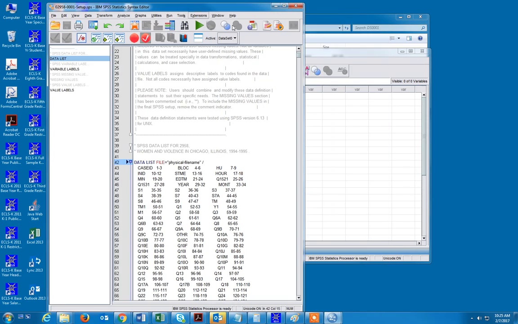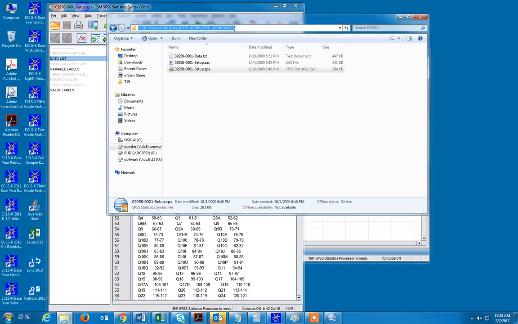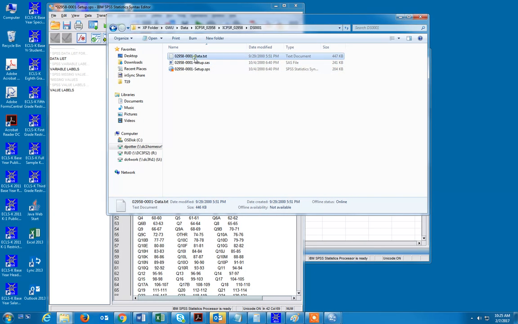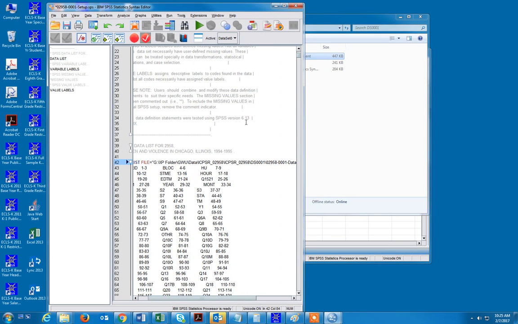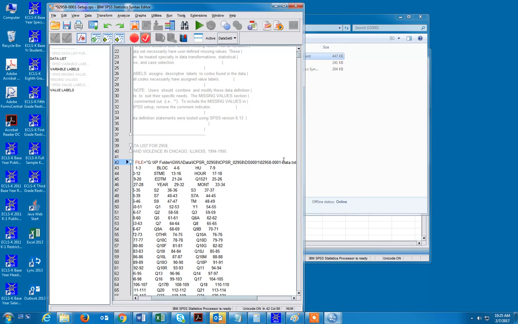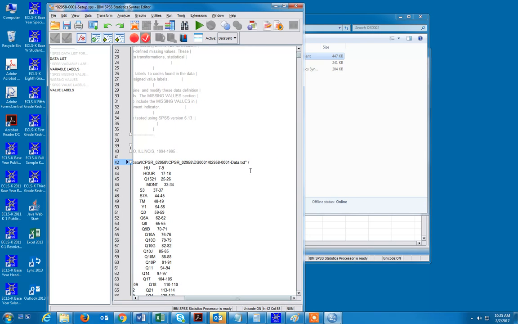Going back over to my folder, I'm going to left click and then right click to copy the pathway, and then between the two double quotation marks I'm going to replace the physical file name and insert the pathway. I'm going to put a backslash, then go back over here and grab the name of the data set by slowly double clicking to activate the name. I'll plop that here, and then type in the extension. It's a txt file, so I'm just typing in .txt,